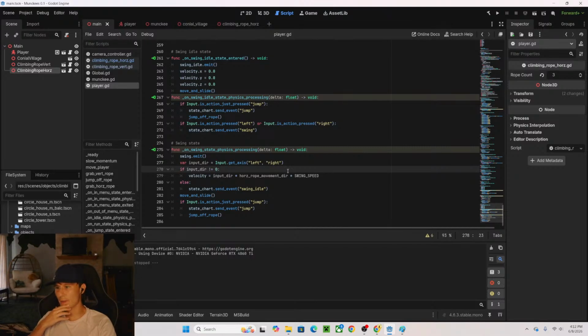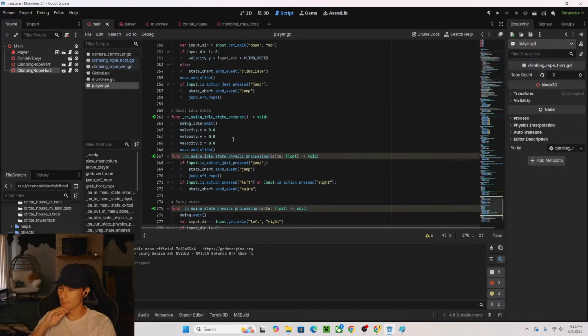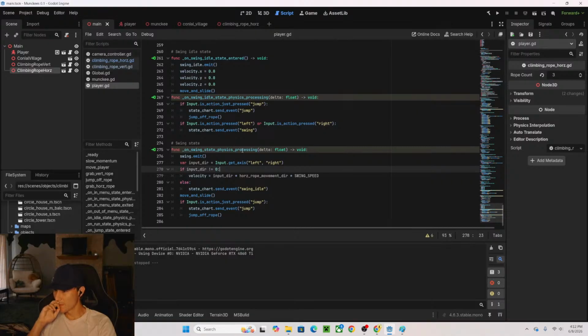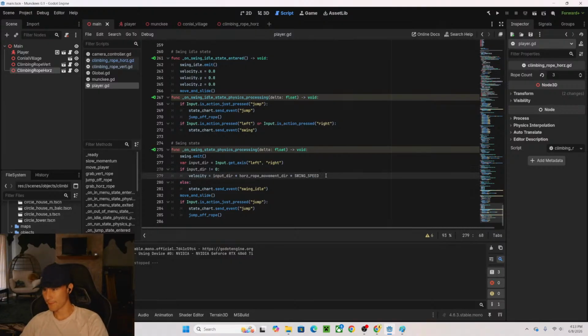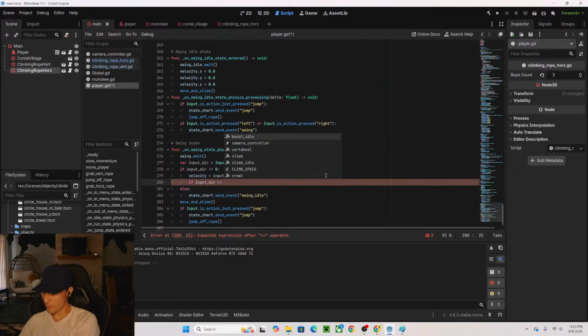Physics processing, so like if it's -1, just gonna call this horizontal rope in direction. So like, if it's not equal to 0, and then we can say if input dir is equal to 1,